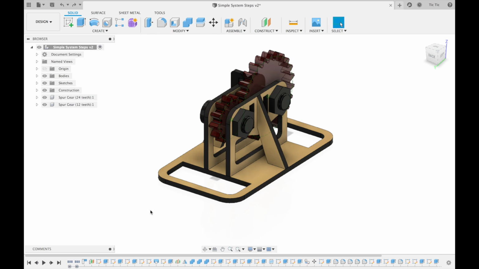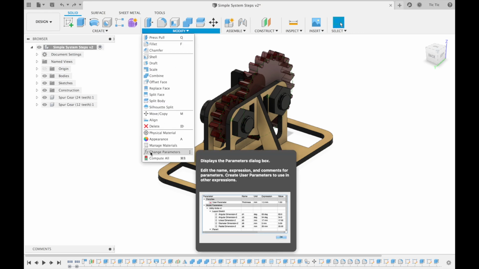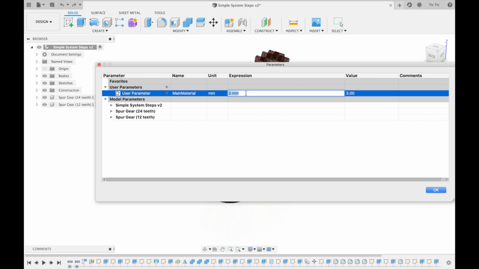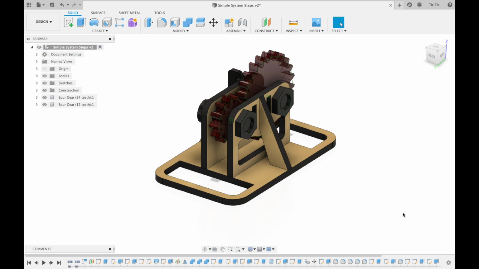Now normally it won't be that big a change, but this will actually show you more obviously on the video. So if I go modify and update my parameters by going change parameters, and I've got a user parameter that I've defined called main material, and I'm going to change it from 3mm to 4mm, and I'm going to click on OK. You'll see that it goes through a bit of a calculation and then it updates all of those